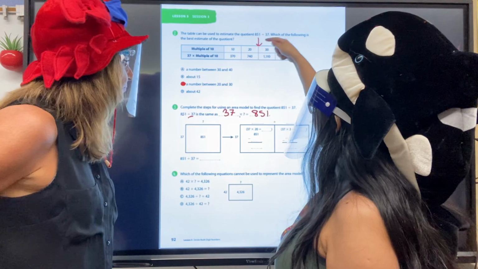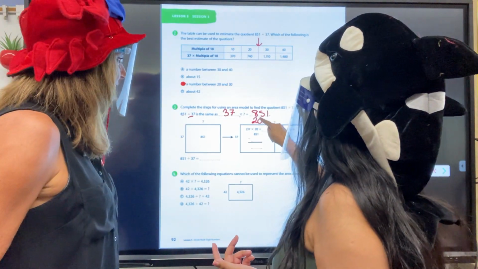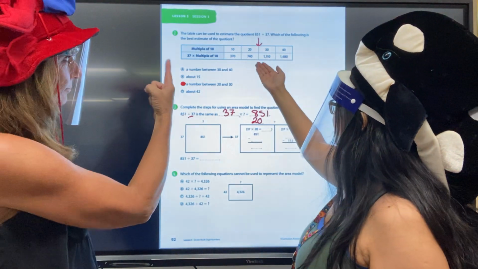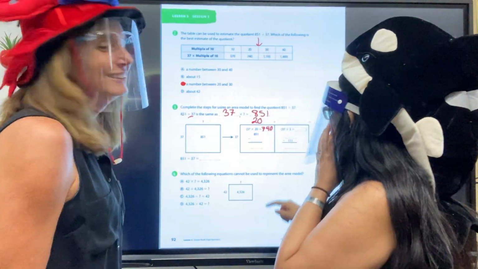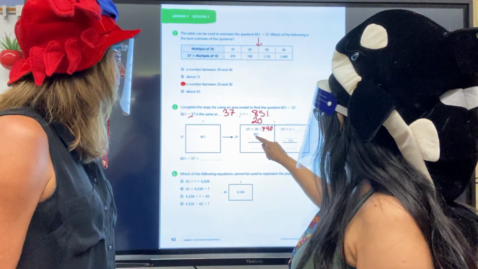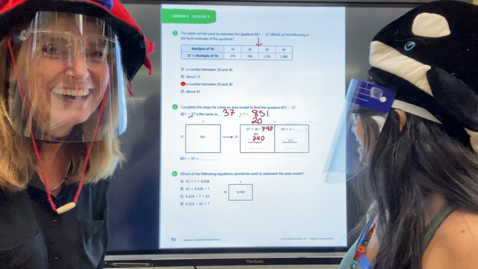All right, so we already know where to start. We know the answer's somewhere in between 20 and 30, so let's just start with 20. I think that makes sense. And then I already know that 37 times 20 equals 740. We already did that part. But they want me to write it really small right here. So tiny. And then all I have to do is take my 740 and subtract it from